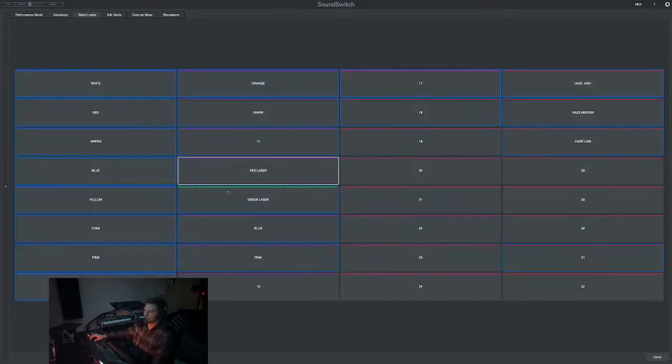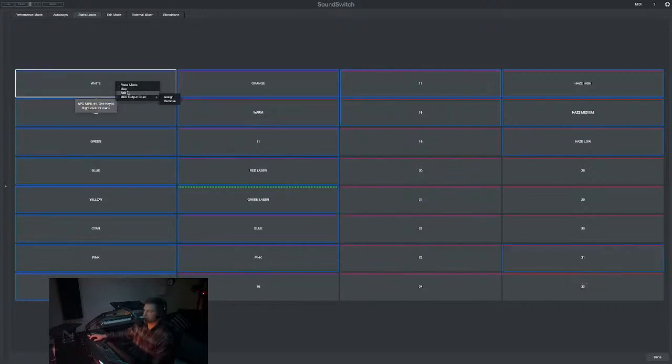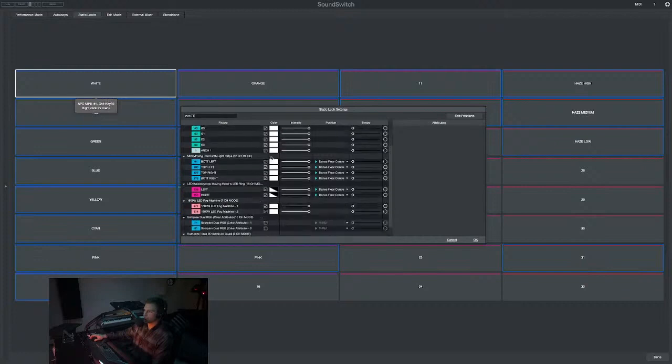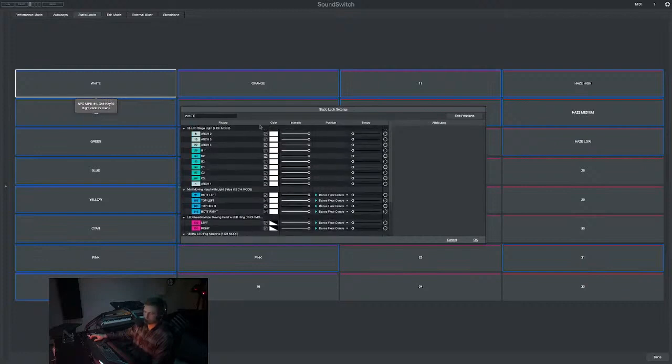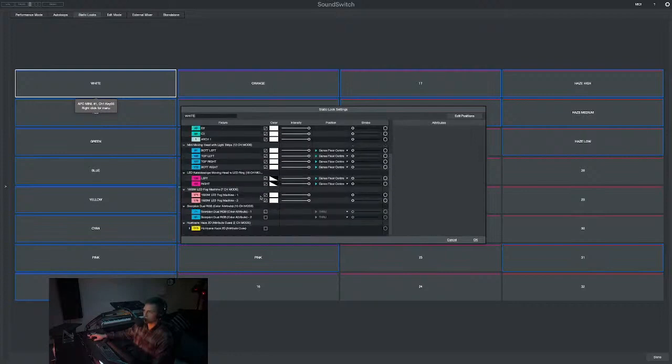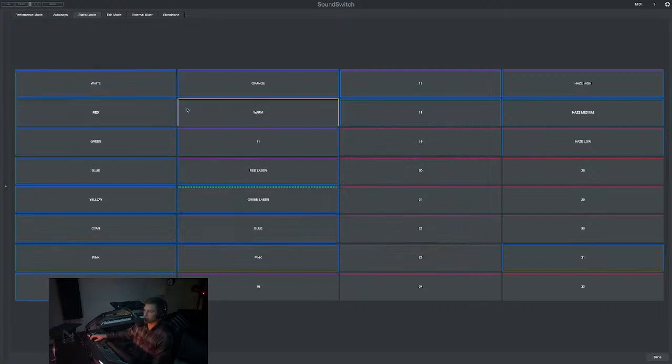These are perfectly manual things. So if I go into my white, that's going to be like you select your arch or all of your washes here. You would select those, check them, put them in their color. My white scene is kind of my base for everything. It's kind of how I troubleshoot. So if I were to hit that,